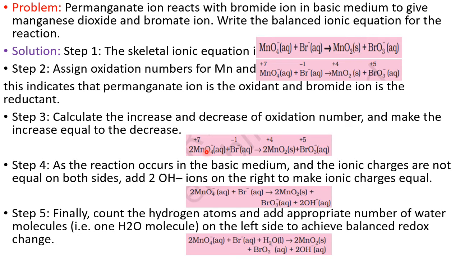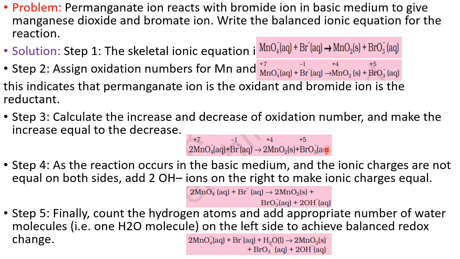Remember, this reaction is taking place in the basic medium. So to balance the O in the basic medium, what do we have to do? We have to add OH minus on the side where we are facing a shortage of O. Here we are facing a shortage of O on the RHS. Therefore, on the RHS you add one OH minus. Therefore, 2MnO4 Br minus equals 2MnO2 BrO3 plus one OH minus. After adding one OH minus on the RHS, O is balanced.